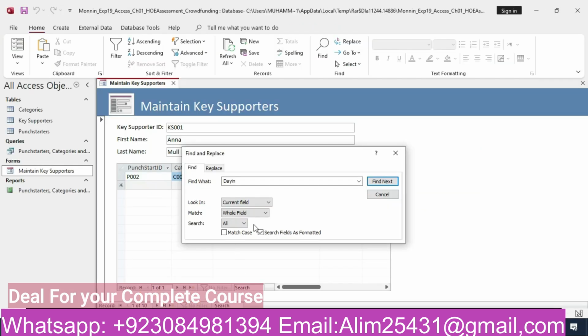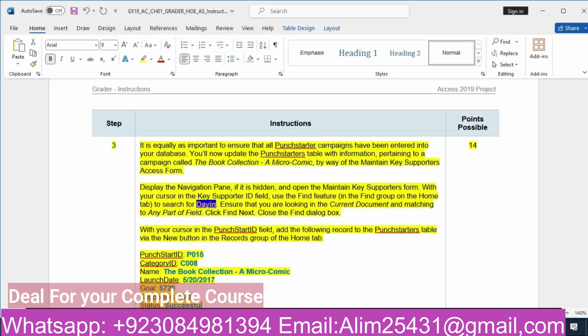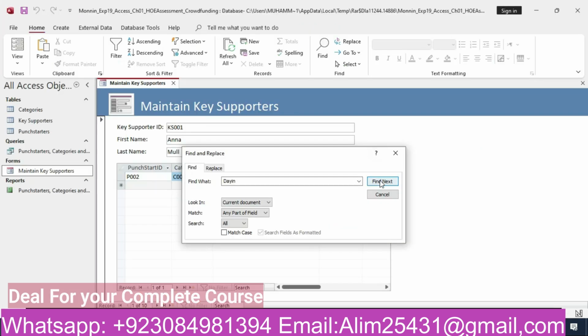So we will select the current document and select the any part of the field. Then click find next and close the find dialog box. So we will click on find next and close this box.